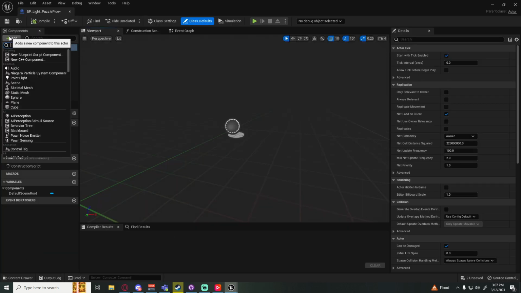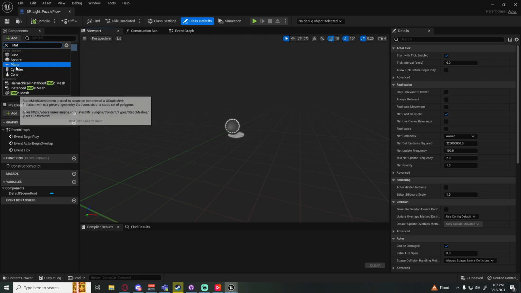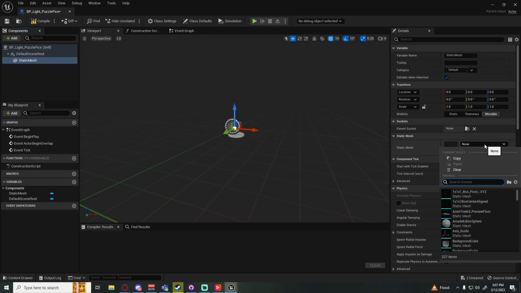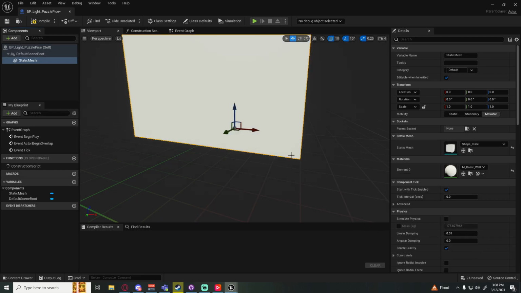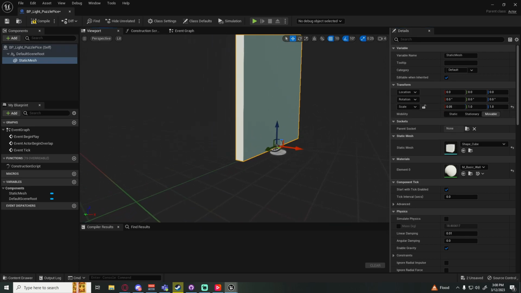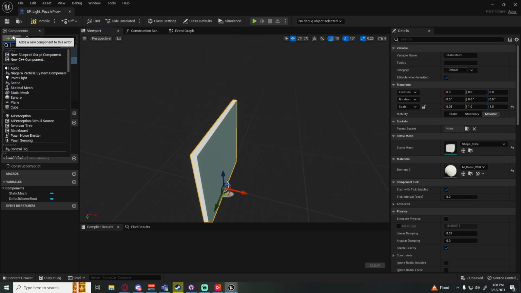And we will first make, let's just do a static mesh. And then we can set this to a cube. We're going to use a lot of cubes today, I feel like. Do shape cube, and I think I'm just going to squish it on the X, like 0.25, or let's go 0.02, 0.05. Yeah, there we go. And then we're going to grab a point light,